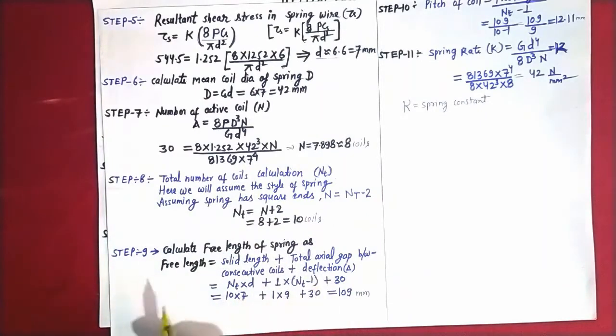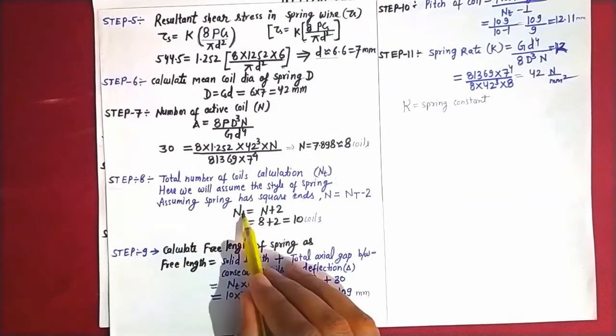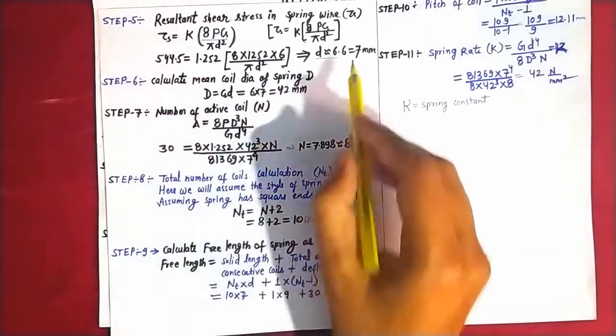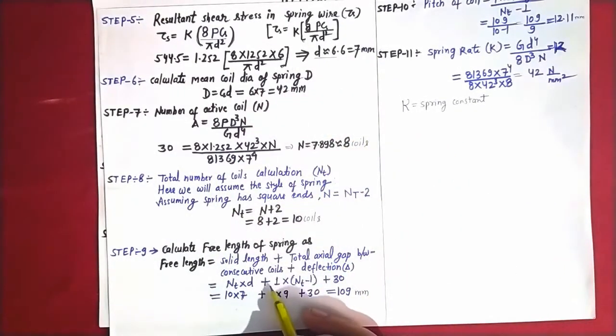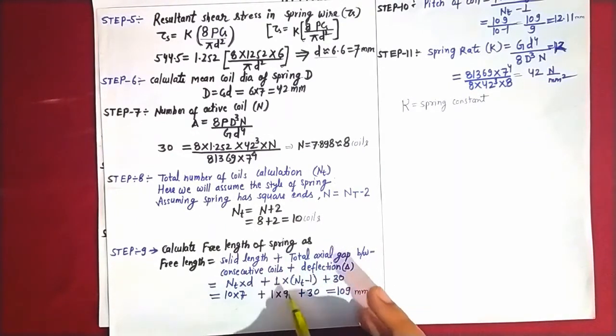The solid length is given as NT into d, where d is the diameter of the spring wire, plus 1 into NT minus 1, that is the total axial gap between the consecutive coils,